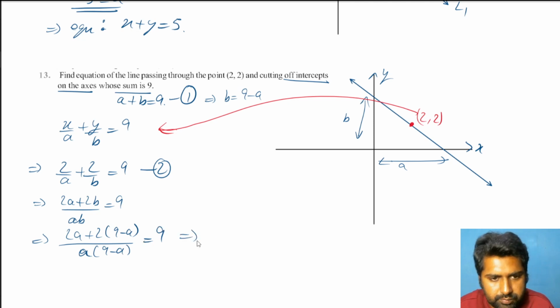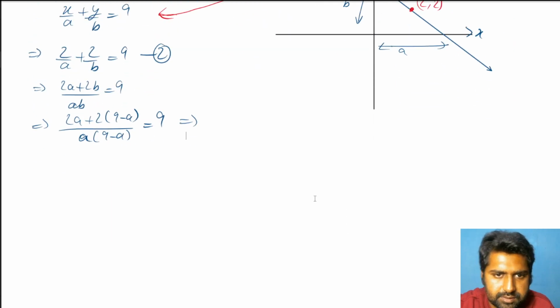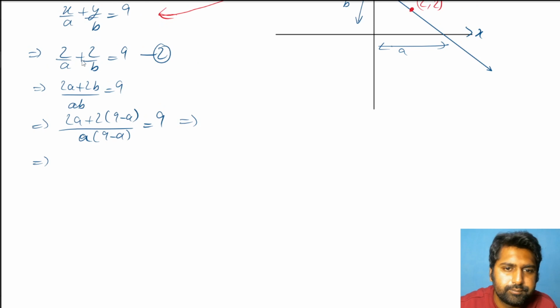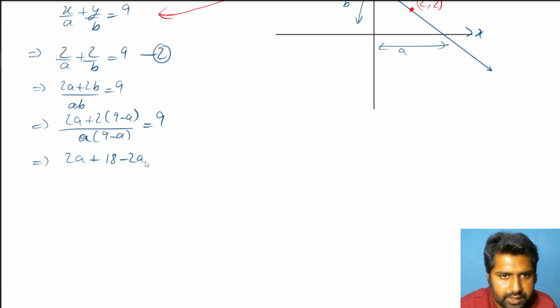Let's solve it here. 2a plus 18 minus 2a, it will cancel. All right, good enough, is equal to, let's cross multiply it,